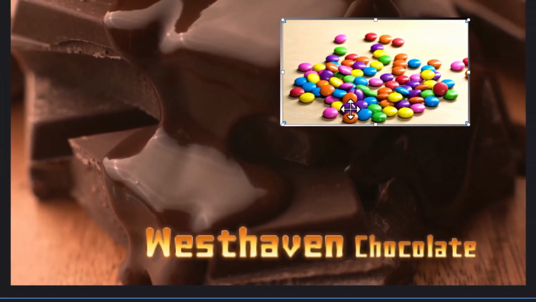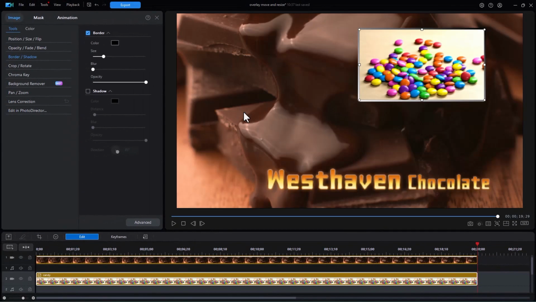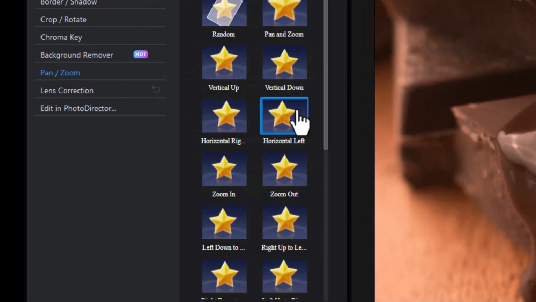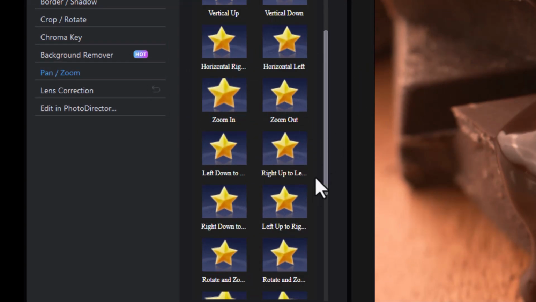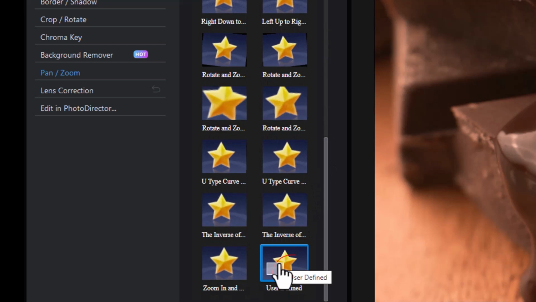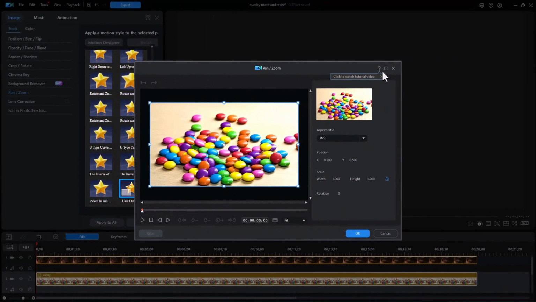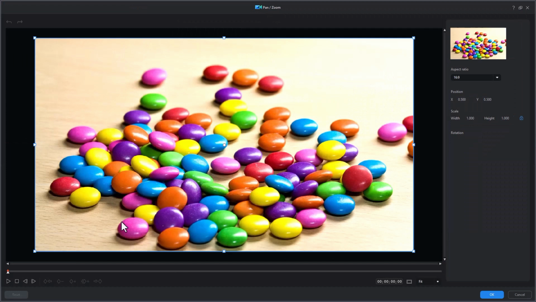So now I have enhanced it just a little bit with a border, but we're not done. I'm going to click on OK, and let's also add some motion inside our still image. To do that, I want to click on my pan and zoom tool on the left side, and I'm going to select at the very bottom user defined. Here I have my pan and zoom tool. Let's magnify it, and let's start with looking at only a little bit of the chocolate,